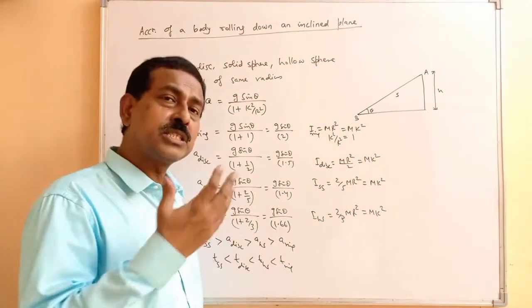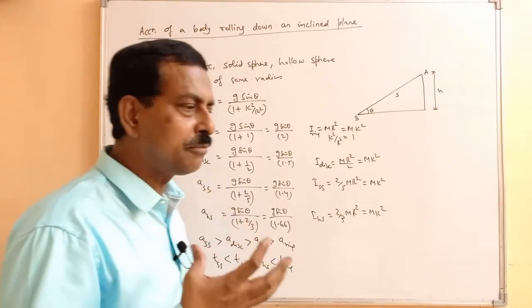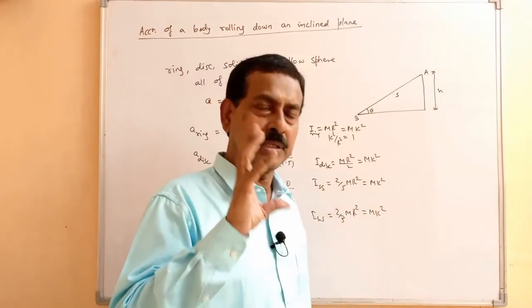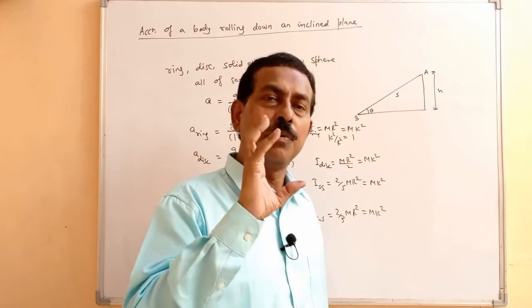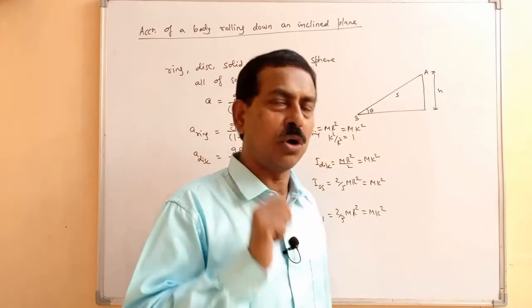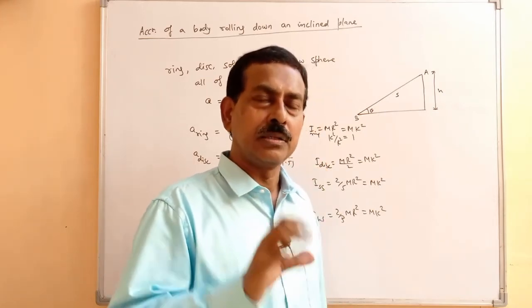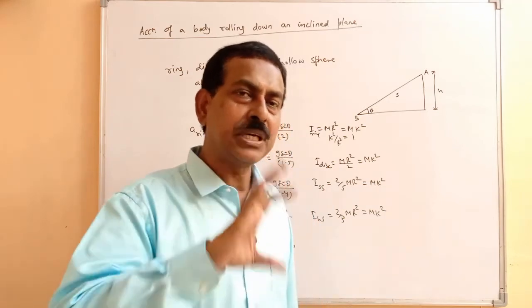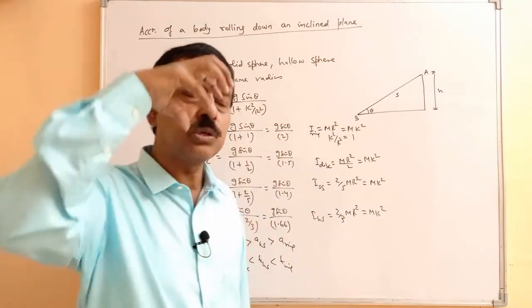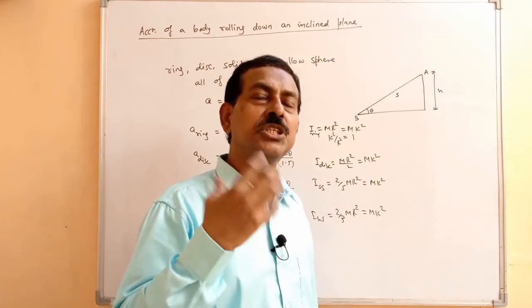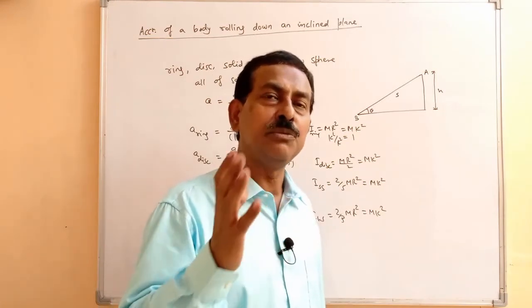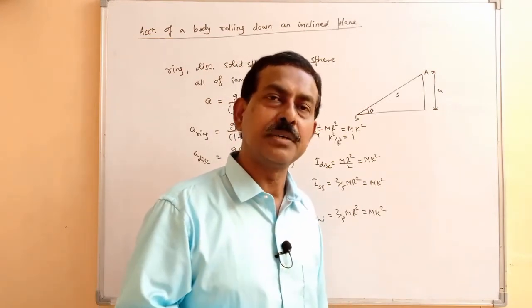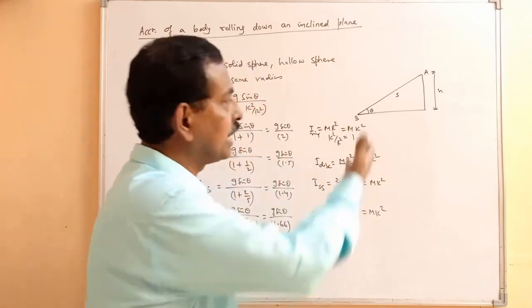Another question based on the same may be there. You have been given, identical in appearance, one solid sphere and a hollow sphere. They are of the same size, that means in appearance they are the same. Without lifting them, if you have to distinguish which one is solid and which one is hollow, how will you do that? So obviously we'll take help of this.